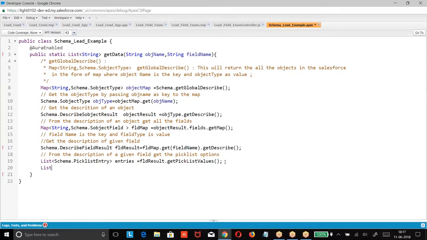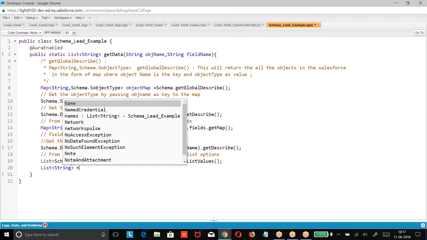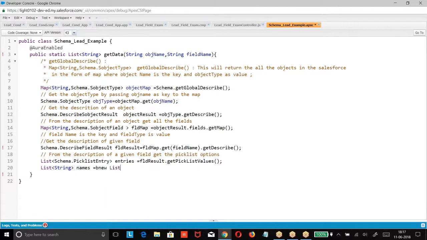Then get the names. Then take one by one option.